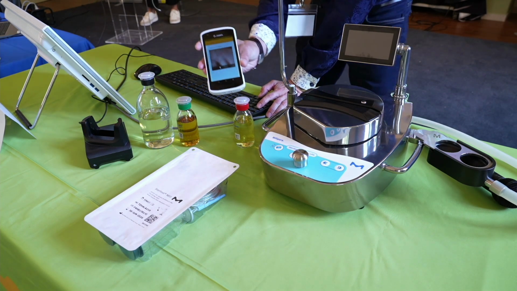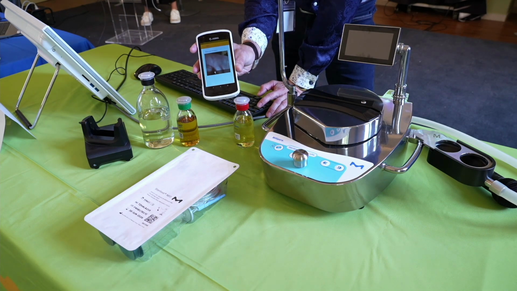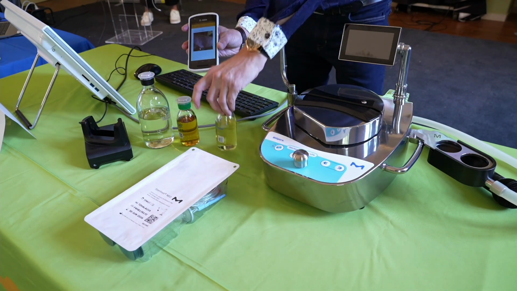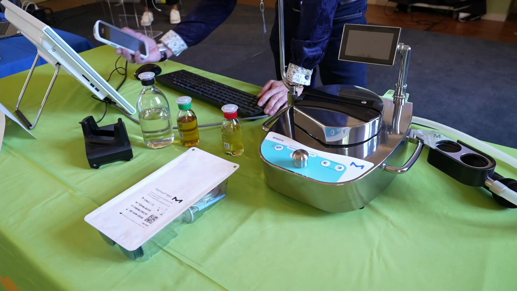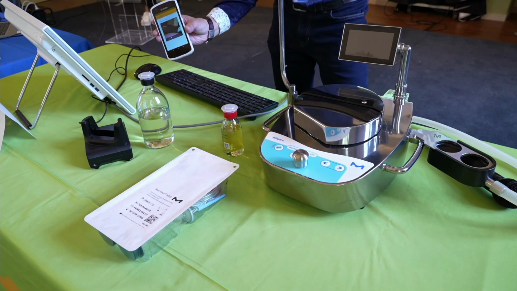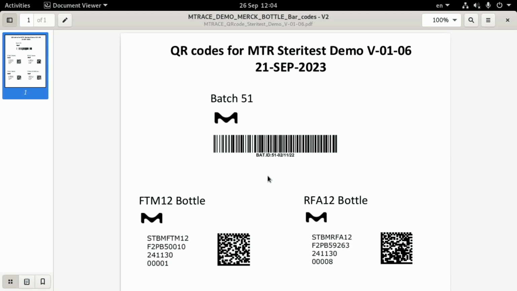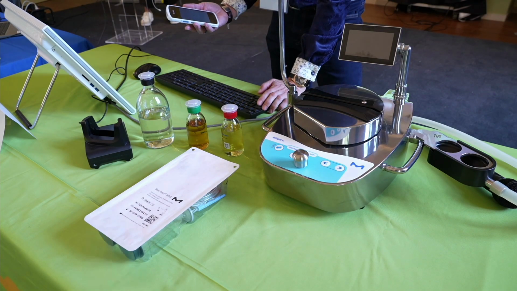We start loading all the consumables, the TSV. Then we scan the FTM, the rinsing fluid, the sterility test blister,